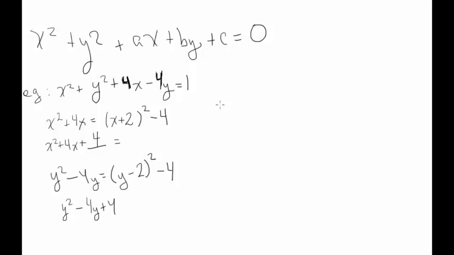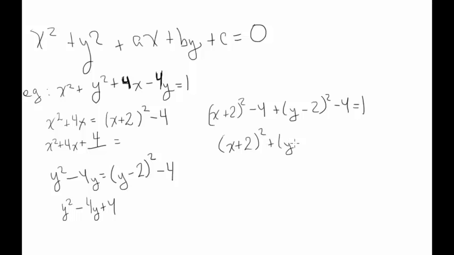So we see that x squared plus y squared plus 4x minus 4y is (x plus 2) squared minus 4 plus (y minus 2) squared minus 4. And then just move all the constants to the other side. So this becomes (x plus 2) squared plus (y minus 2) squared equals